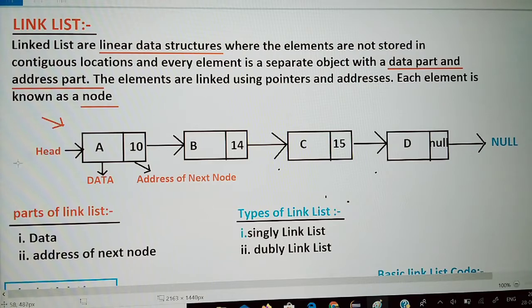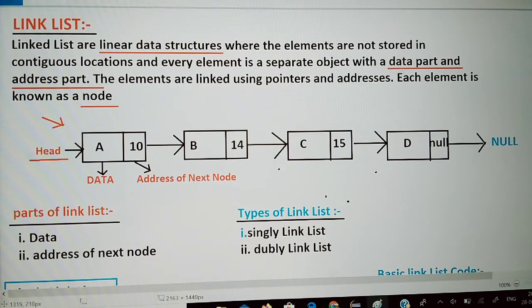A is the head node, b is a middle node, c is also a middle node, and d is the last node. I will explain this.